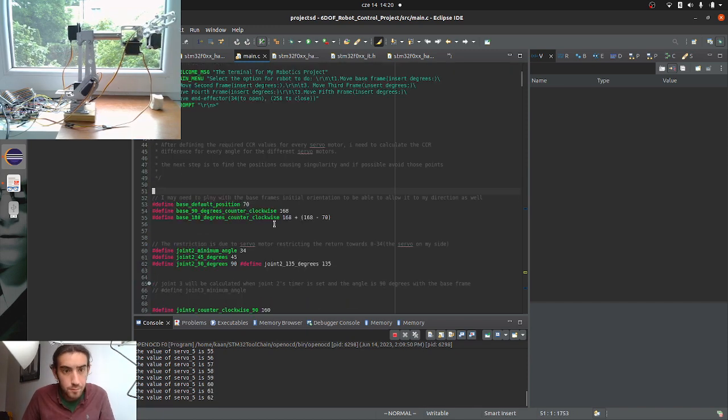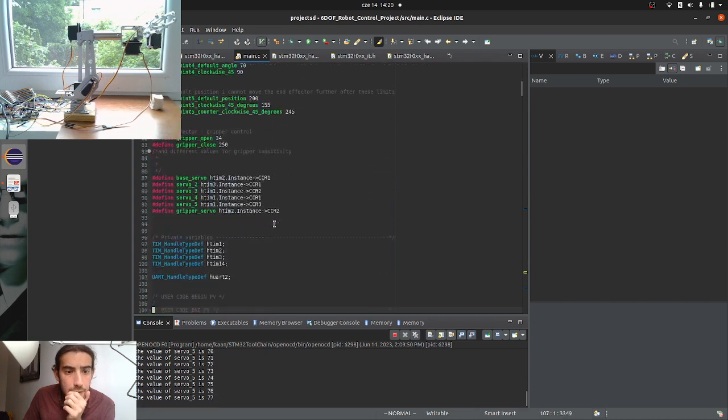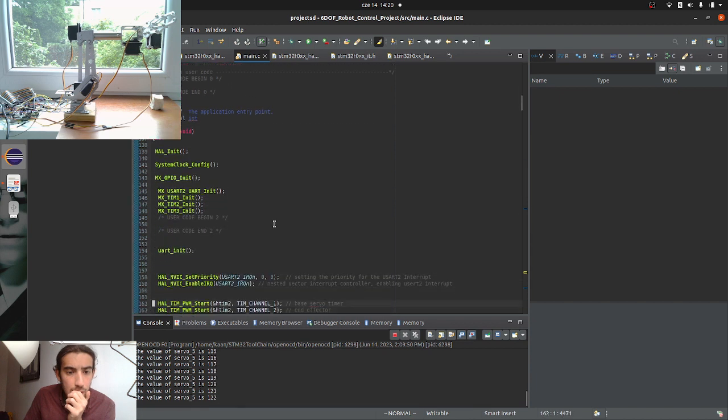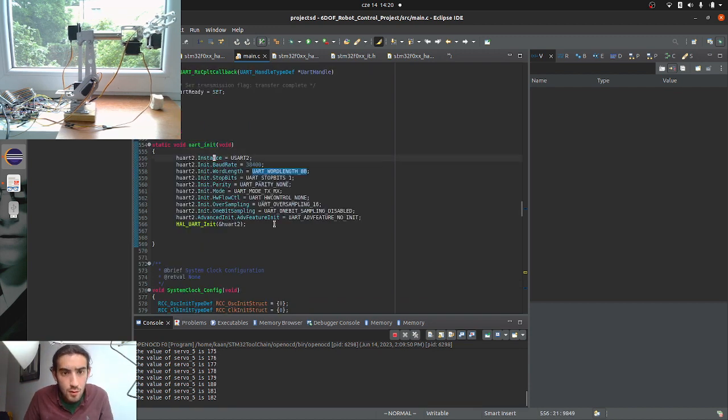Here I need to enable, yeah, UART interrupts are enabled even. Why doesn't it work? UART init. We have the same baud rate. Everything looks fine, but